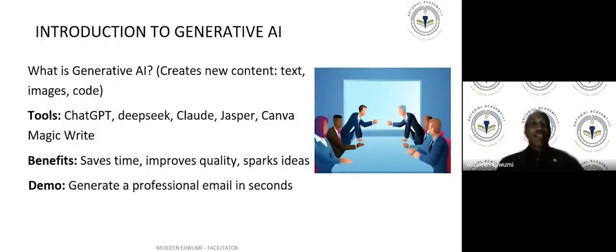Introduction to generative AI. What is generative AI? Create new content: text, image, and code. Just like yesterday when the facilitator asked us to give the prompt that we want, my prompt was that I want AI to develop an MQL code for me for trading, for those who actually trade foreign exchange markets. Of course, I've done it in the past and I'm still using it. It can write a complete code for you. It can write a complete application for you. So just name it. It's going to write the code.